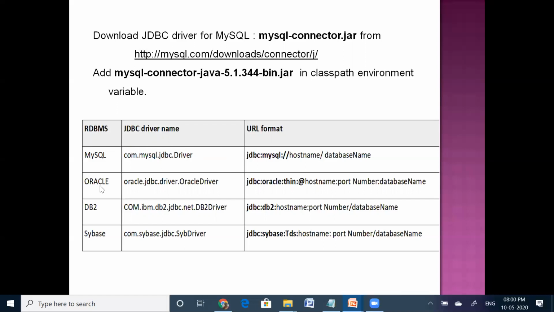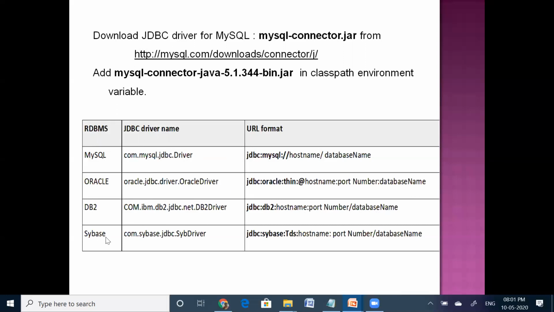Suppose if your RDBMS is an Oracle database, then oracle.jdbc.driver.OracleDriver is the driver name, and jdbc:oracle:thin:@ is the URL format of your Oracle driver. Okay, suppose if your RDBMS is DB2, this is the JDBC driver name, and this is the URL format of the DB2 database.